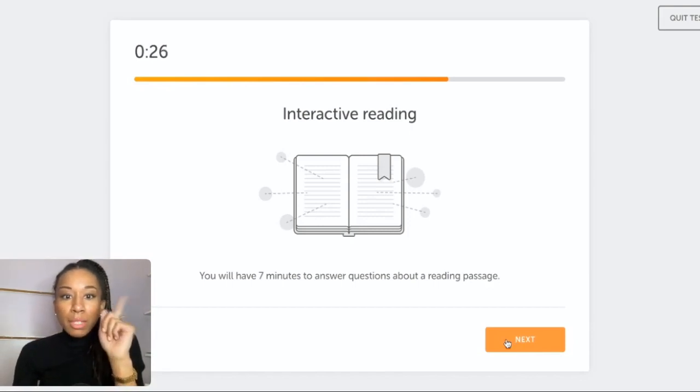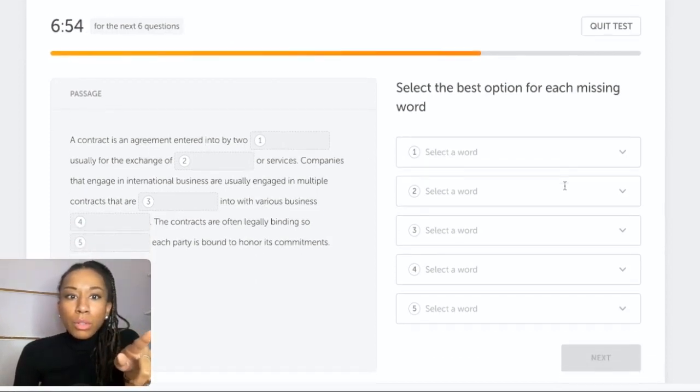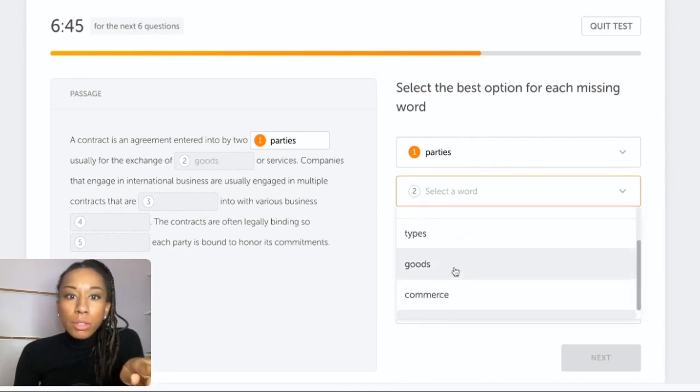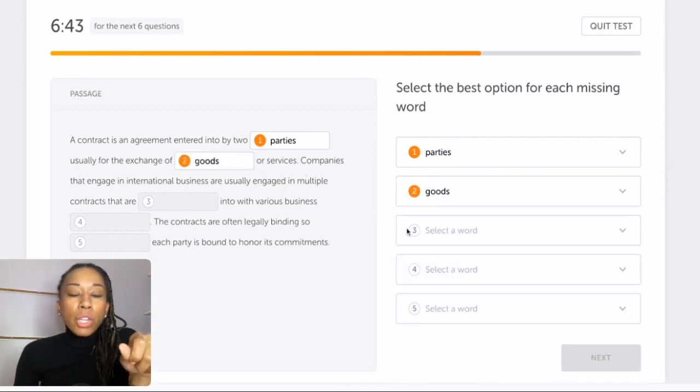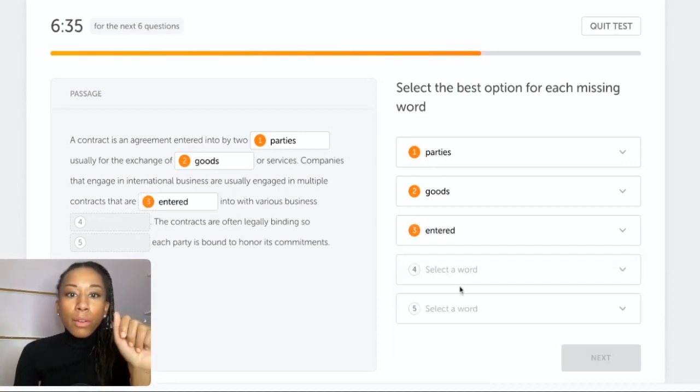Interactive reading. You will have 7 minutes to answer questions about a reading passage. Okay. A contract is an agreement entered into by two. How do I pick a word? Two parties. Usually for the exchange of goods or services. Companies that engage in international business are usually engaged in multiple contracts that are entered into with various